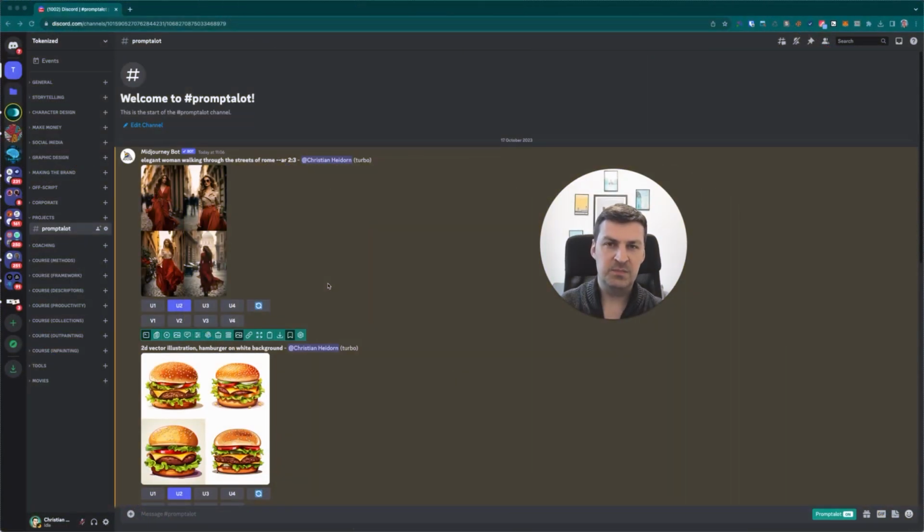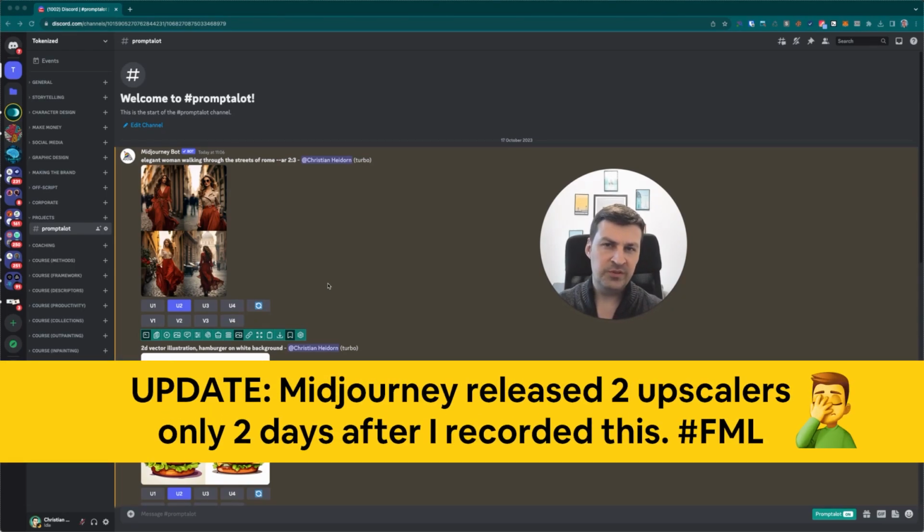Now, I must admit that the split image grid feature has already been around for a few weeks already. I quietly pushed out that update in order to help alleviate some of the most pressing issues at the time. As you know, Midjourney version 5 still does not have its own upscaler yet, and while that might change once version 6 gets released, we don't really know when that will be, and for the time being, it's still a bit of an